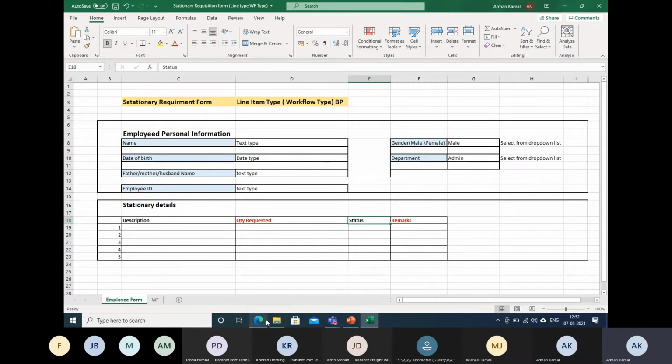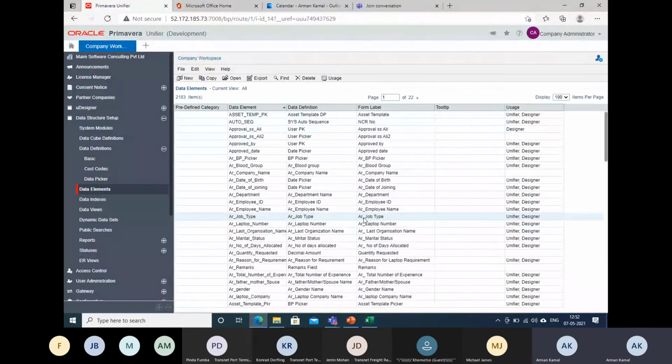Now what I'm going to do is this BP creation, exactly like we created a simple BP, like the laptop request form. But still, I'm going to create it, and this time I'm going to use a lot of shortcuts to save time.